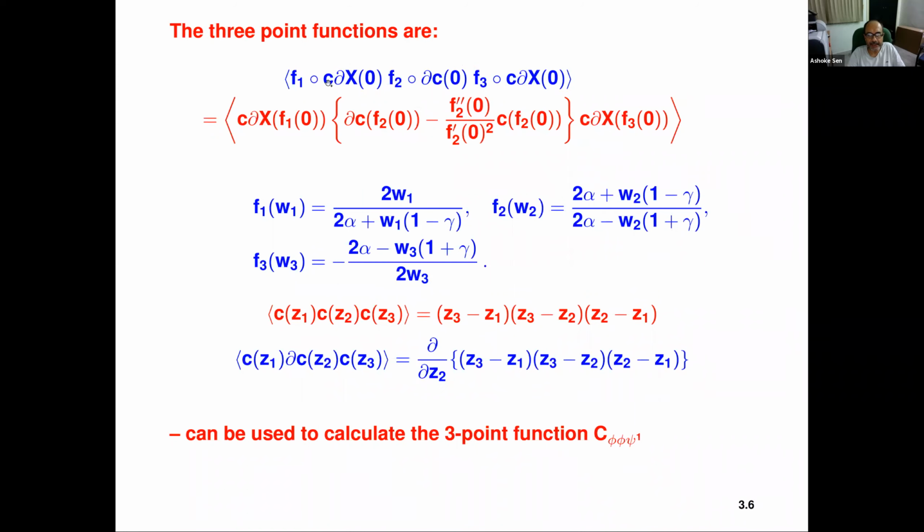So here is a general expression for the 3-point function that we have written out. Given 3 axial vortices, V1, V2, V3, the 3-point function is given by this. As we have argued, in principle we have to symmetrize, but because 2 of the external states are the same, and because F1, F2, F3 have been chosen in a cyclic symmetric fashion, we really don't need any symmetrization. Any symmetrization will always give the same result.